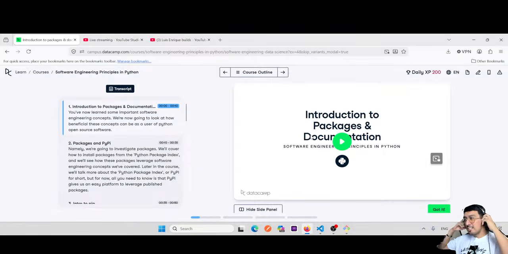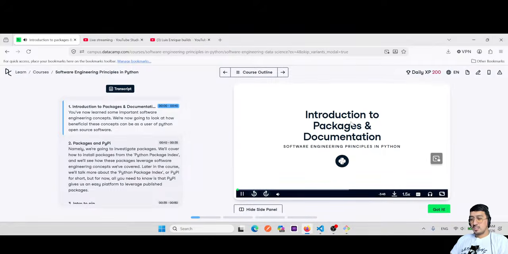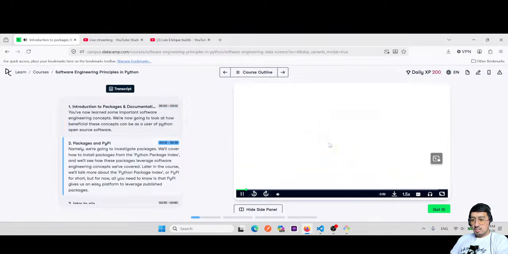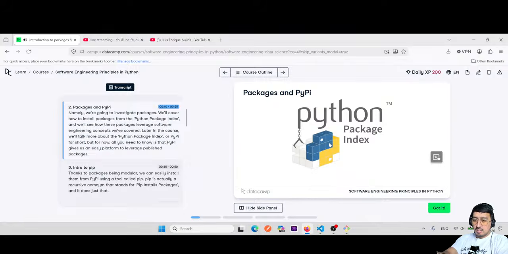Interesting. The packages and documentation. You've now learned some important software engineering concepts. We're now going to look at how beneficial these concepts can be as a user of Python open source software. Namely, we're going to investigate packages. We'll cover how to install packages from the Python package index, and we'll see how these packages leverage software engineering